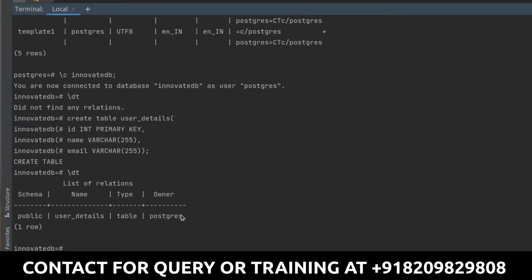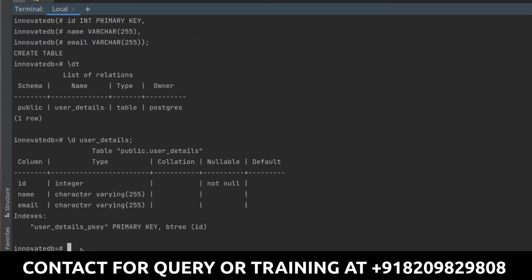And before checking for that part, I just want to describe it, for example. In the description, I want to check what the different fields available are, what the type of your data is, what type of data you're going to store in that field. So to do that, I will simply use slash d and the name of your table, user details, right? Now here you can see I have described my table, and in the description you can see these are the column names.